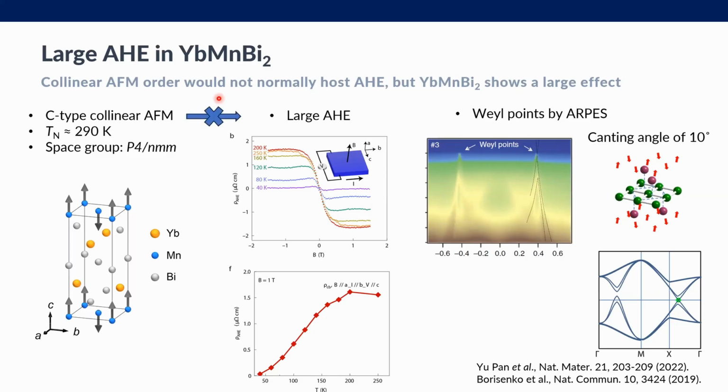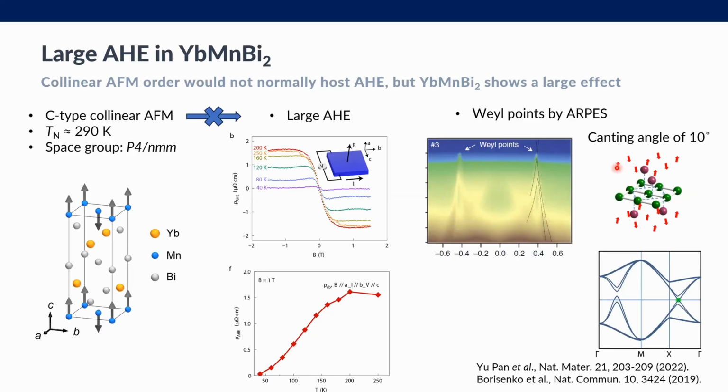So it should not host a large anomalous Hall effect or the Weyl points, but the experiments tell a different story. As you can see here, the anomalous Hall effect actually persists up to 250 Kelvin in the transport study, and ARPES measurements observed these Weyl points in the band structure. To explain these Weyl points, they actually proposed the